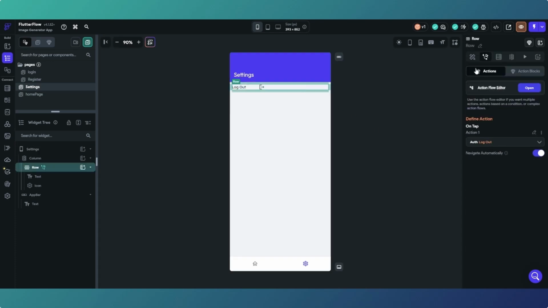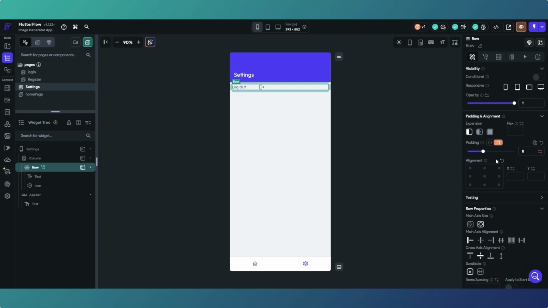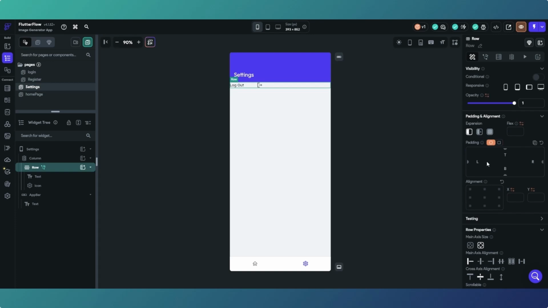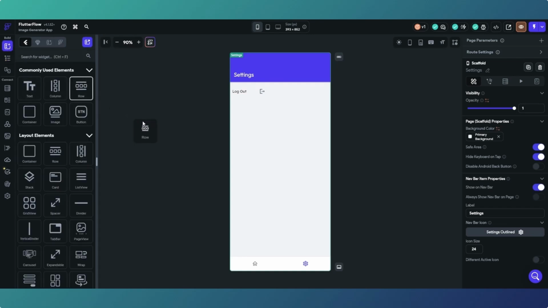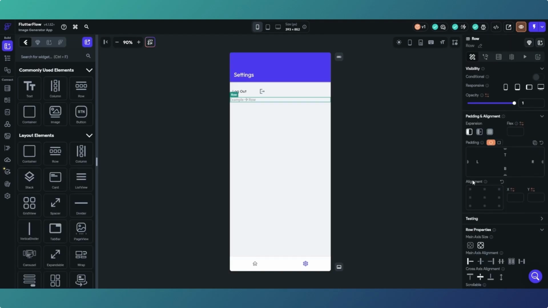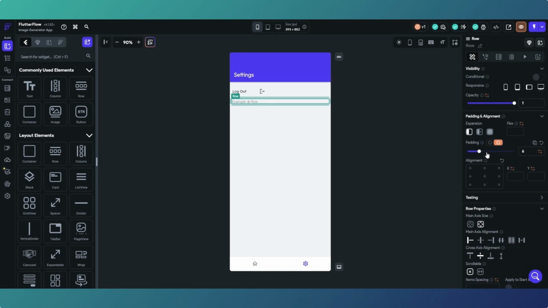And I think we will add a bit more padding to the top of our row. So if we go 10 to the left, 10 to the right, 25, and then 10 to the bottom. That's our logout tidied up a little. Now we want to add another row in there, and in this one we will have the padding as 10 all the way around,